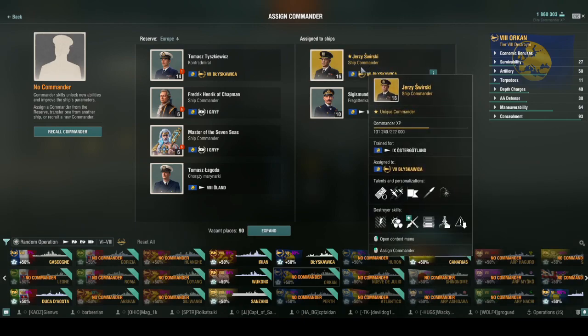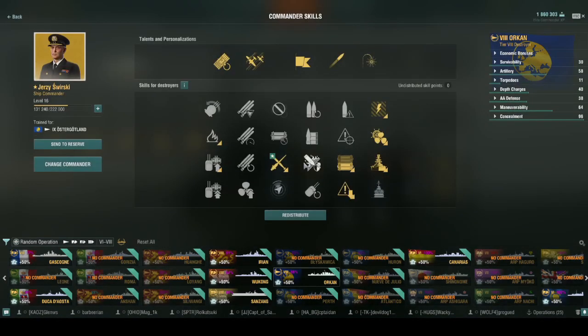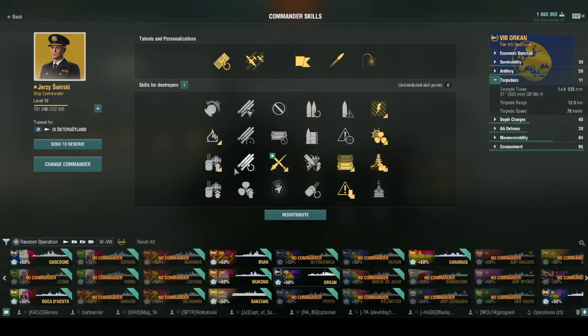I'm going to bring out the one commander that I love to use. So let's go to him. Now, Jerzy Sorsky is recommended to run on this ship. One, because of the enhanced adrenaline rush, Superintendent. And then if you have increased reload speeds, let's say you have this skill,